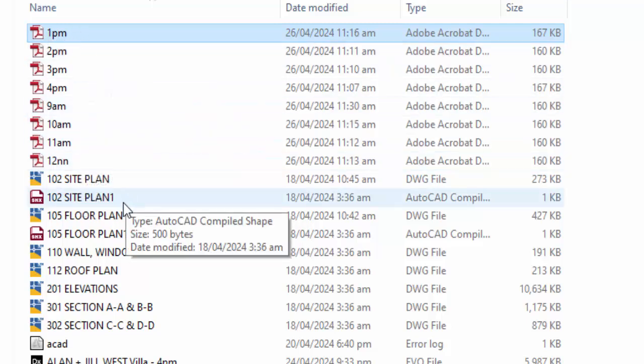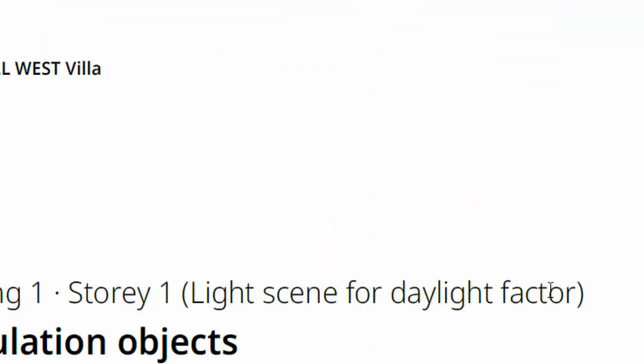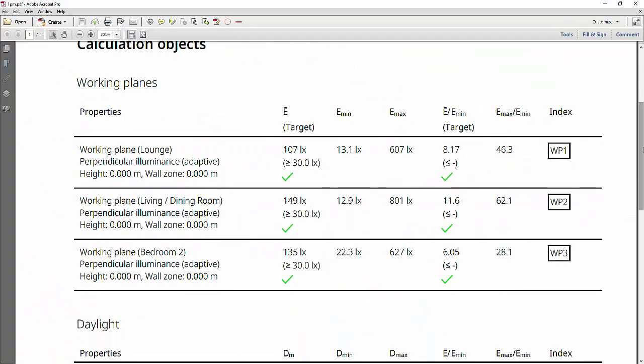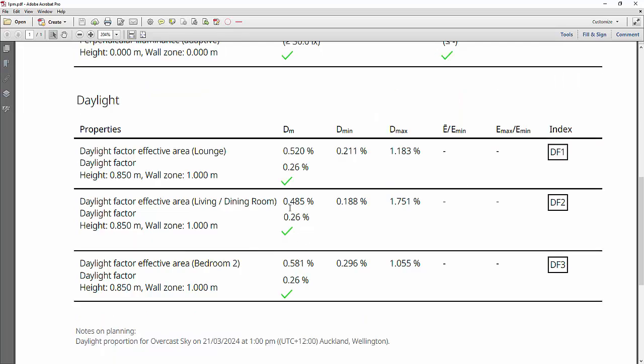So what I did is I calculated it separately, like for example 1 p.m., and then I look at the target because they are always looking for this DF. This is the daylight factor.